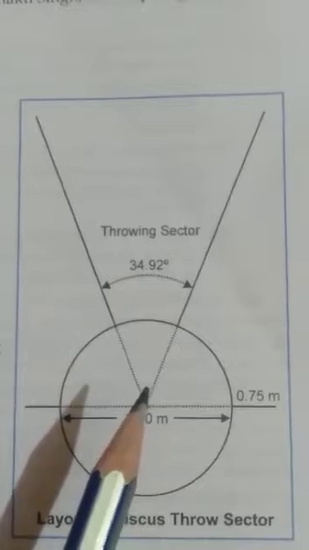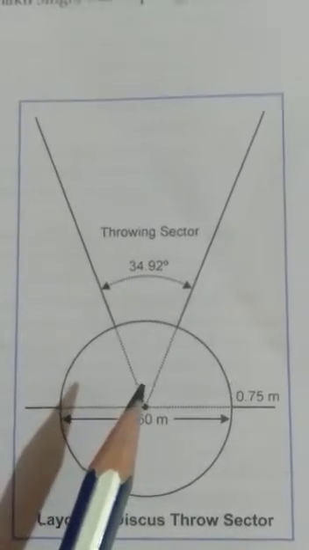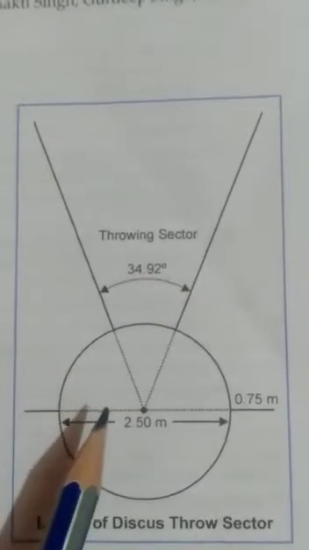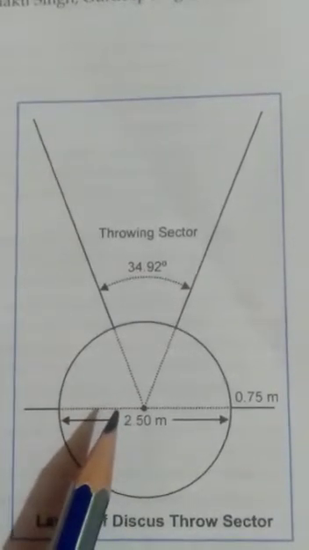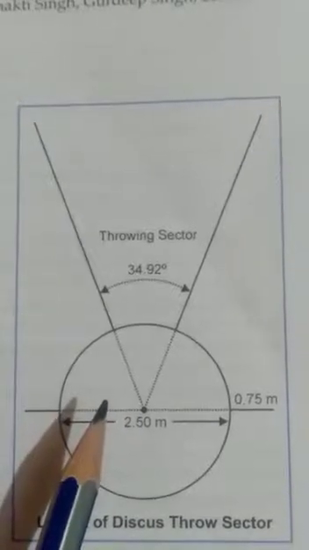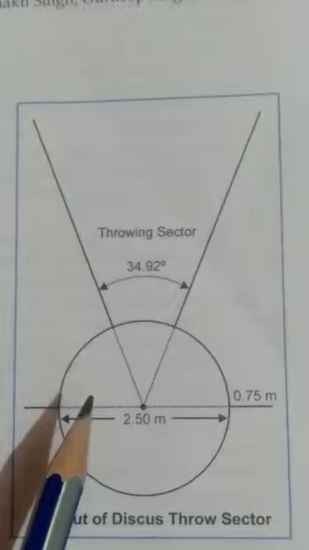Just explain the remaining part of the discus throw. That is the fundamental skill of the discus throw. In this discus throw, the skill of, first of all, the initial position. In the initial position, the discus thrower stands